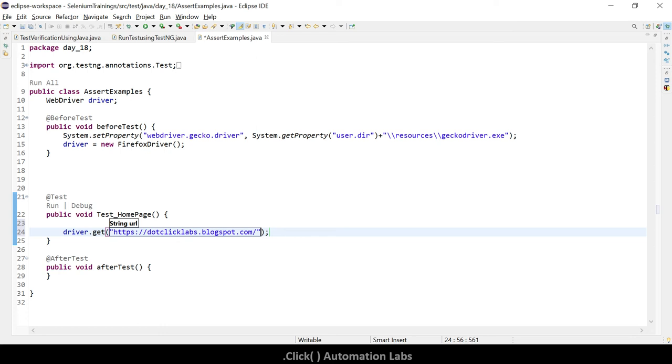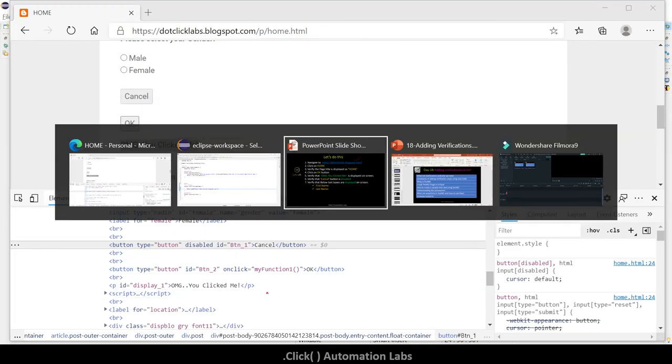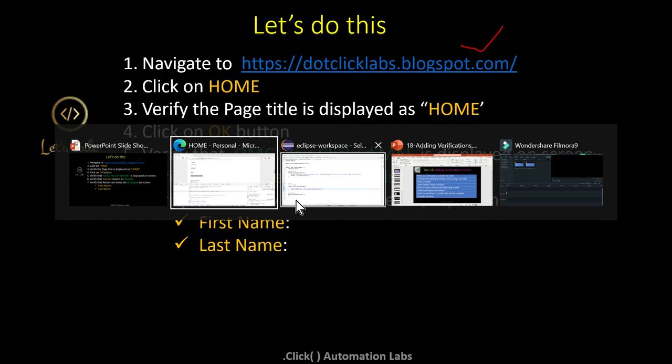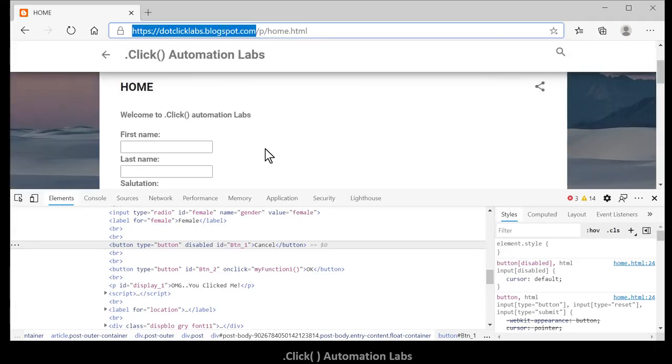Now what is the next step? Let's see the next step. What is the next step? Click on home. Okay, so to click on home, we need to know what is the first